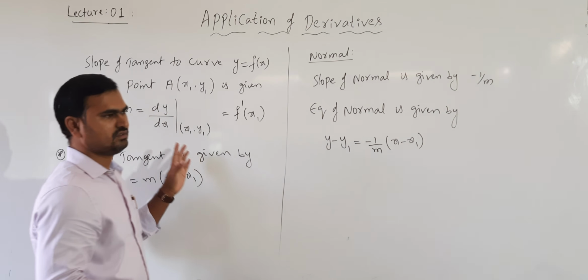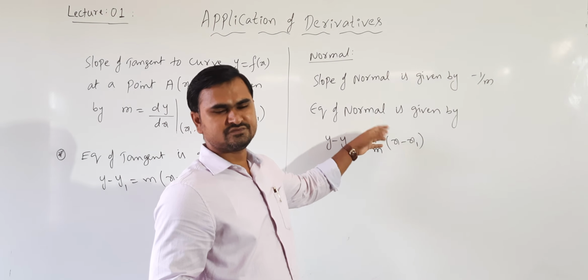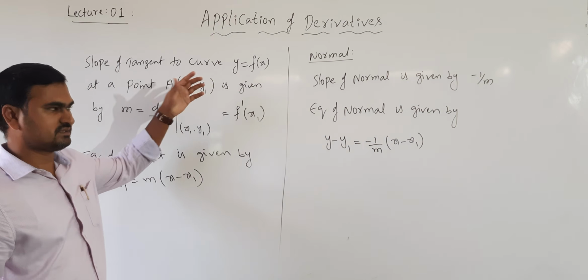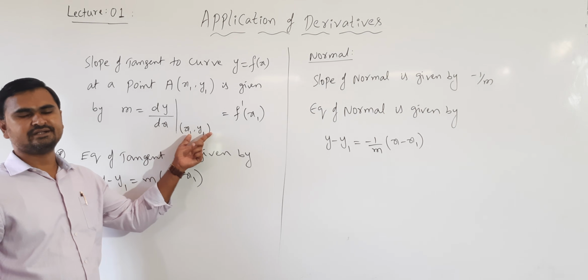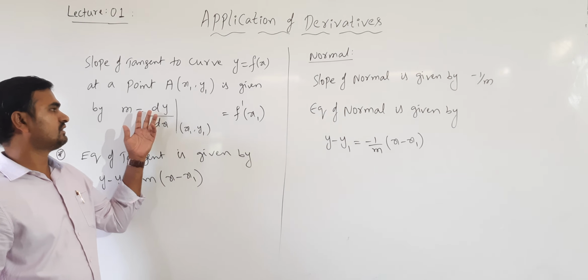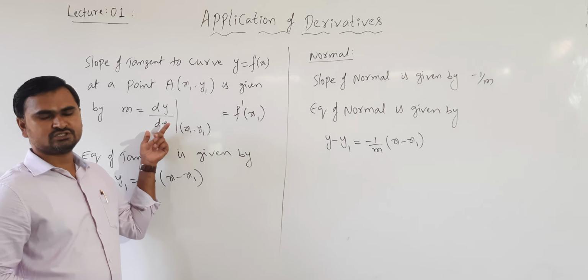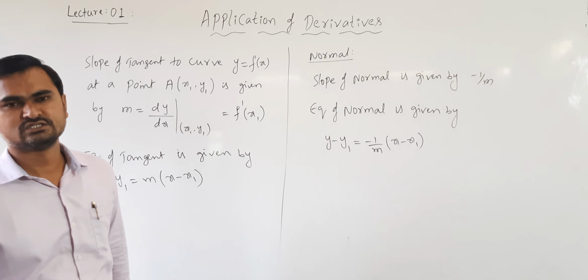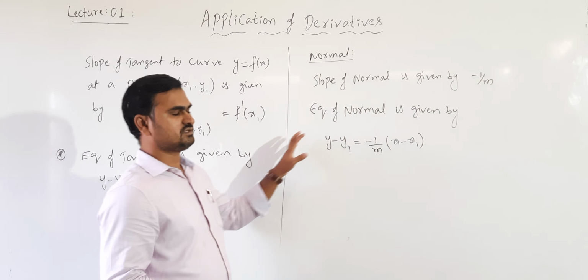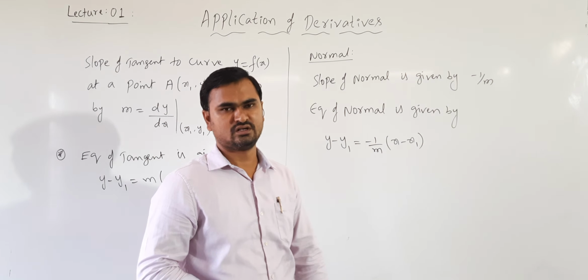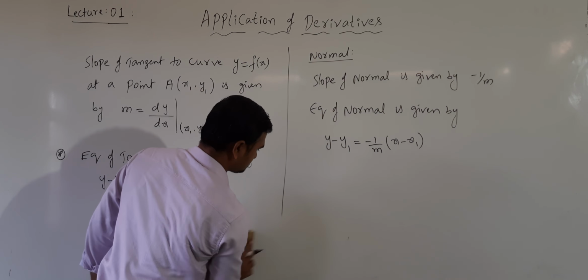So this is about the equation of tangent and equation of normal, which we write based on the slope of tangent. How do you find the slope of tangent? It is always given by the derivative at that particular point. Any function or curve that is given, we know how to find its derivative. After differentiating, we substitute the point in that derivative, then we get the slope of tangent. Based on the slope of tangent, we can get the equation of tangent and equation of normal. Next, we will see some particular cases here also.